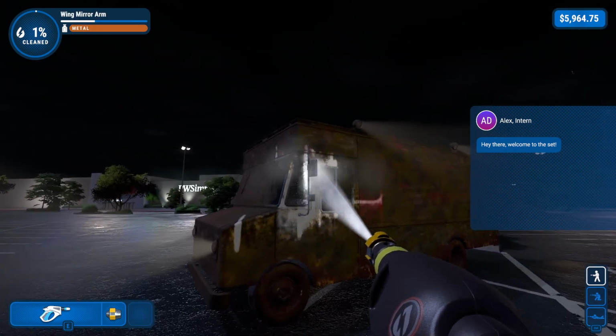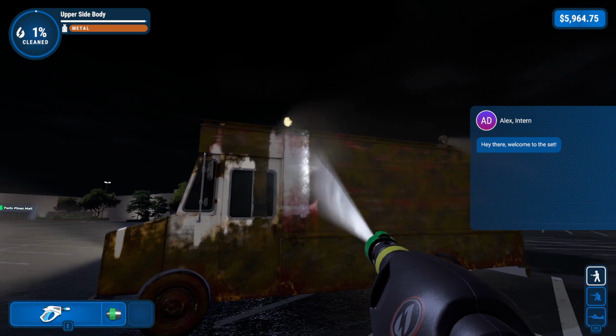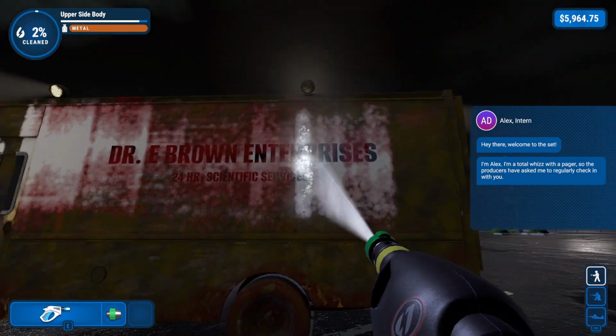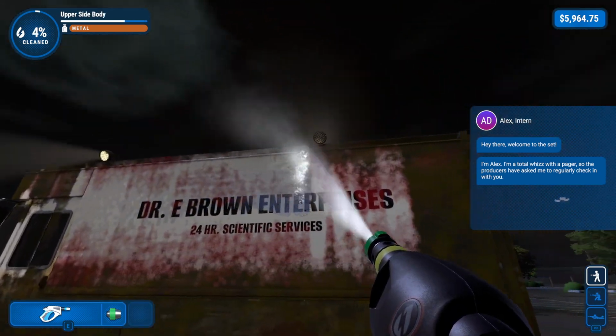There are 3 vehicles and 2 buildings. The very first level was a vehicle, and that was Dr. Emmett Brown's truck. That was, I think, the easiest of all of them. Although, I will say that if you